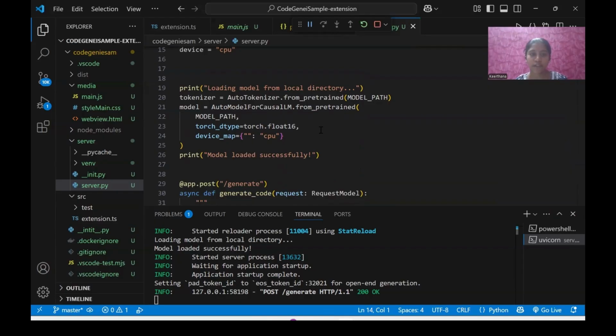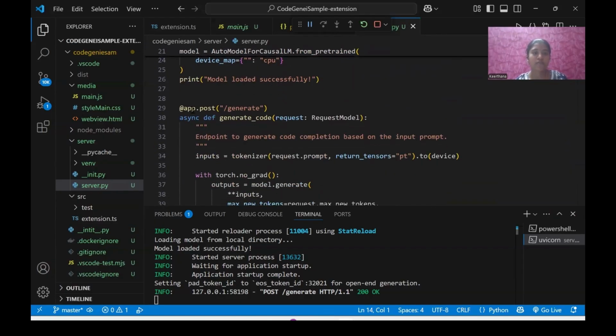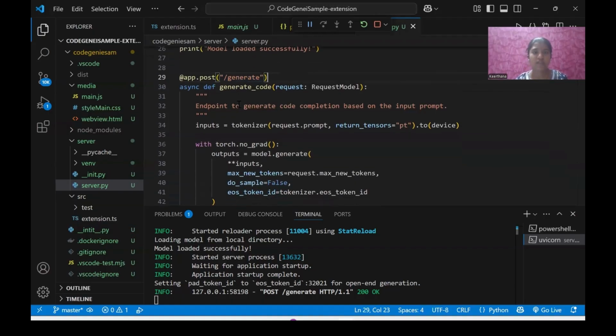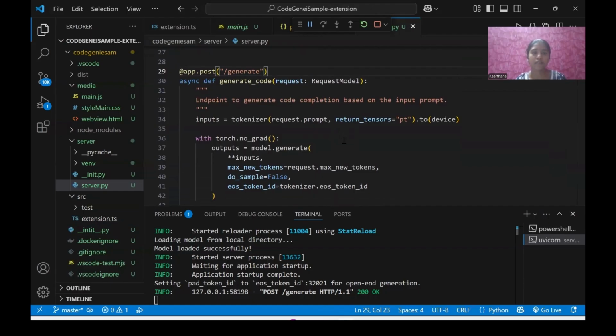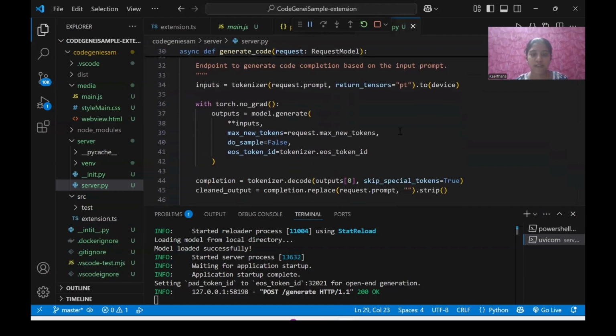The default one is float 32, and the device is CPU. So this is the endpoint of the endpoint, which is /generate. It is used to generate code completion based on the input prompt. Whenever the prompt is given, it comes to this endpoint where the AI model sends the output in the form